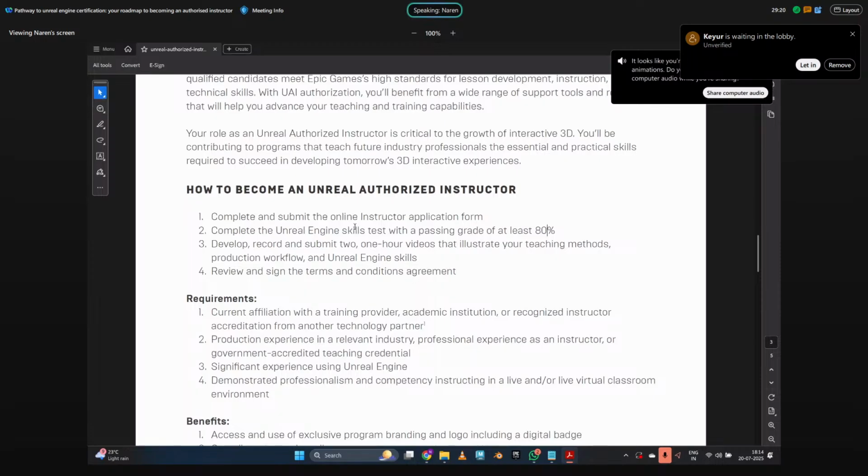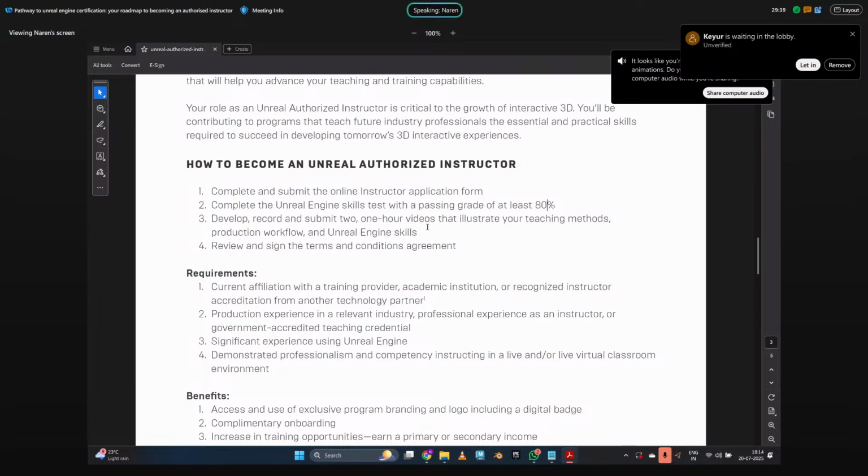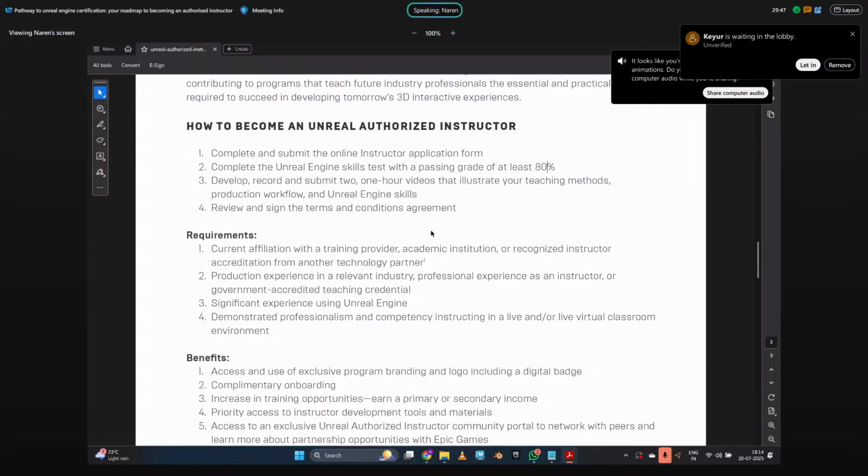You can upload it to Google Drive and send the link to them. Then, upon careful examination, they will take a maximum of 12 weeks, but for me, they responded in about a month or two. That depends on the traffic and the number of applicants they have in a year. Then they will send you the terms and conditions agreement, covering where and how you should use the branding. Those basic rules will be there.